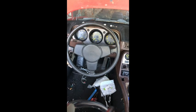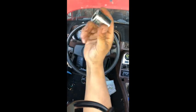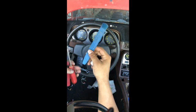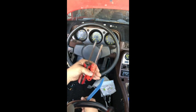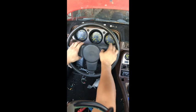So first and foremost, the only things you're really going to need, if I'm not mistaken, is just a 24mm socket, a plastic upholstery wedge, preferably for some of the switches, and then a Phillips and a flathead screwdriver. All right, let's take a look at this. So first, you have to remove